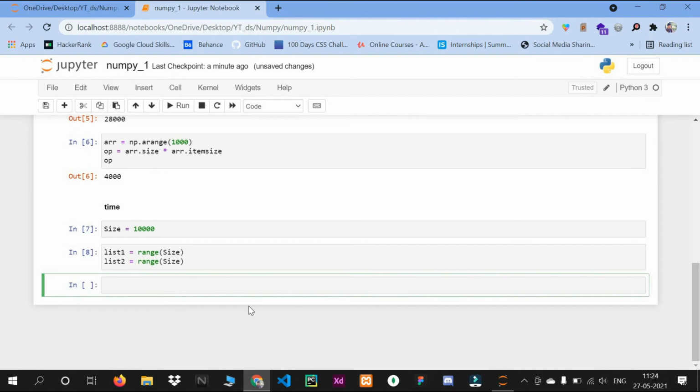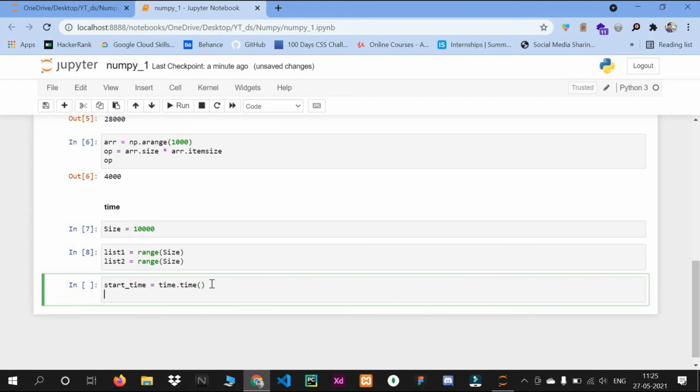Now we'll take one starting time, let's say start time. It will be our time function. From the time we imported, we are taking the time function, and then we will take one result, and in that result I will write a one-liner code. You can write any code.